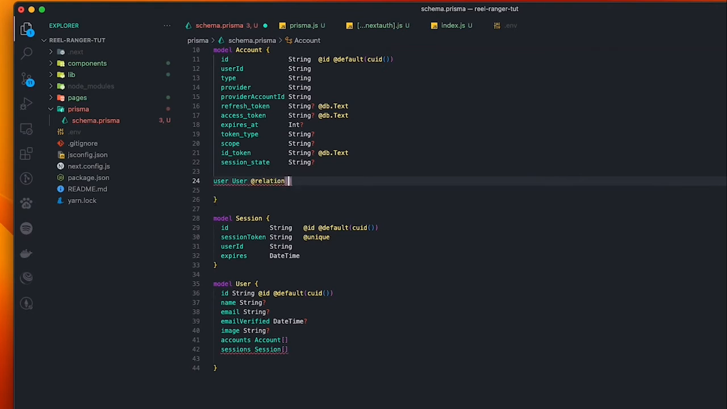So I'm going to say relation. And now what fields do we want to relate to it? So we're going to type in fields. The list of fields of the current model that I want to reference. Since we are linking these two together, which of the fields here do you want to store that relation? In our case, we're going to use userId. So in here, we're going to say userId, okay, and then